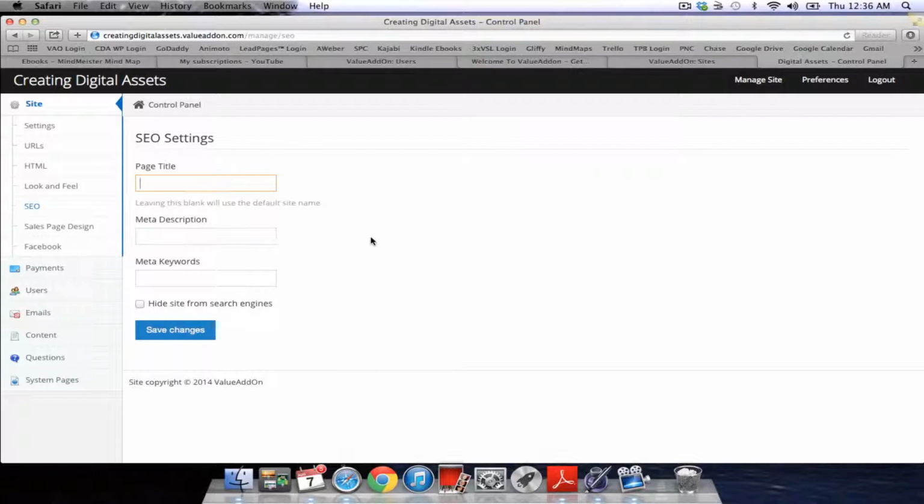I'm not sure about this because it's password protected paid content. It's hosted and it resides behind a password protected site. So I'm not sure what these SEO settings are for unless they're specifically for the login page so that people could find that login page or maybe even the sales page for this.